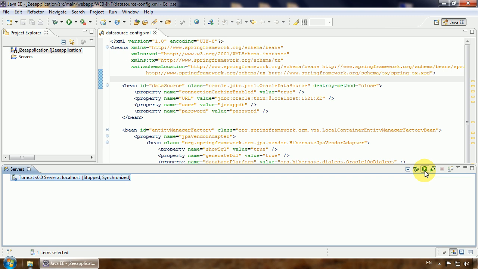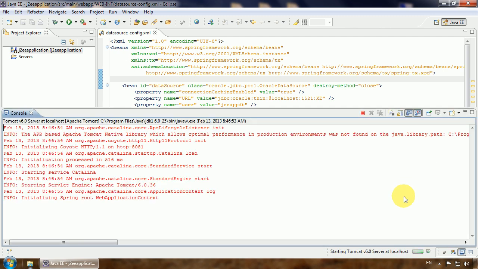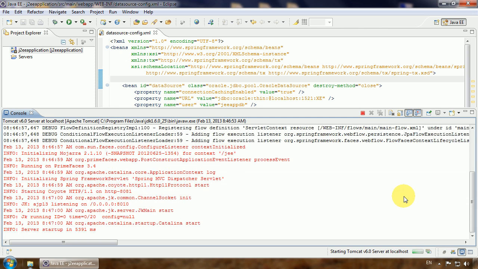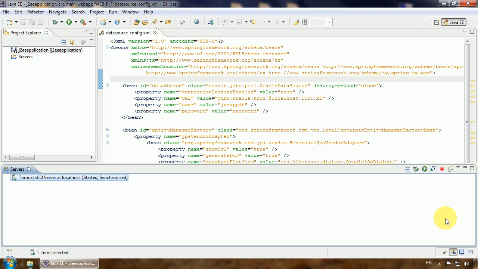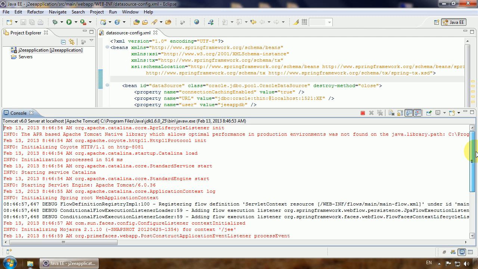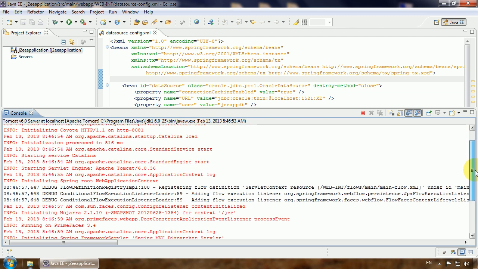If it disappears, that means that our Oracle database was found and the connection was established by our application's Oracle drivers. So play, and you see no more exceptions. That means that the connection was successful, and